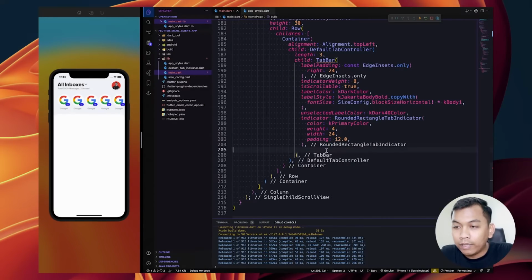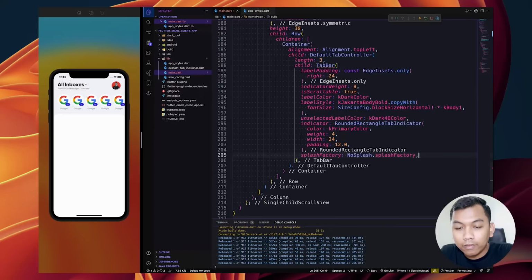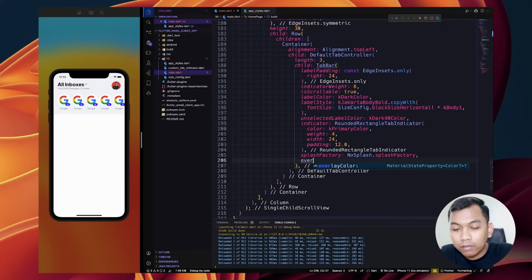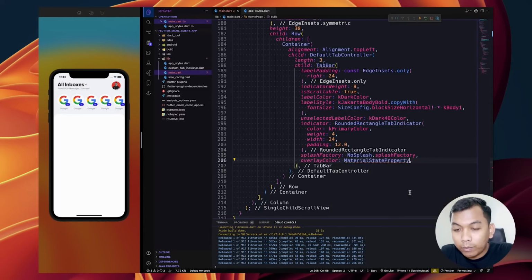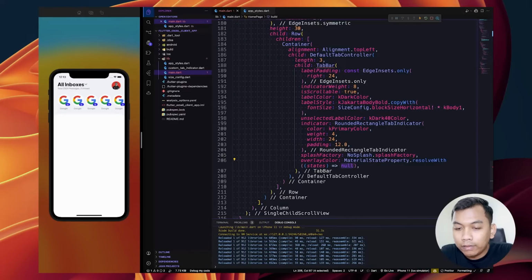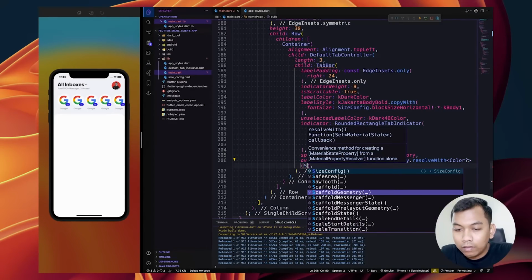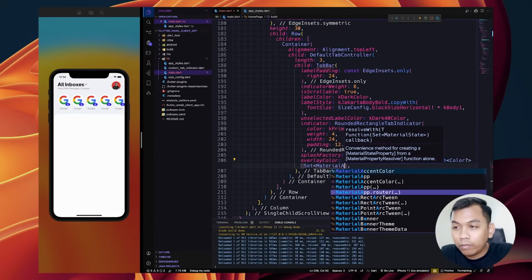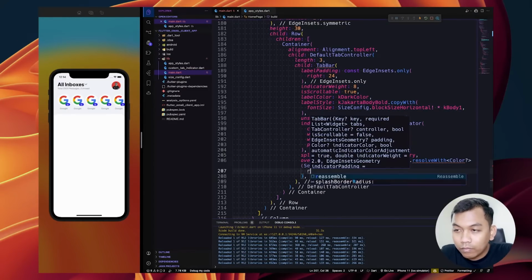And for the splash factory, we can set it to be no splash factory, and also overlay color we need to set to be transparent using material state property, and then resolve width, color, and we need to set material state, return.